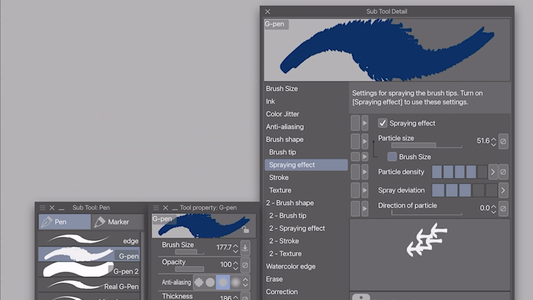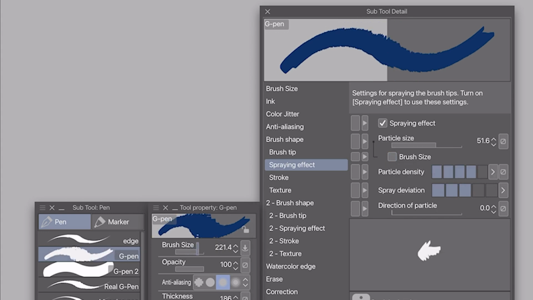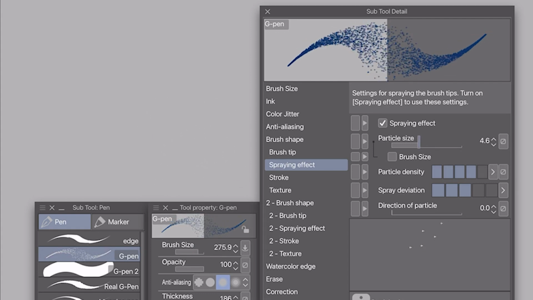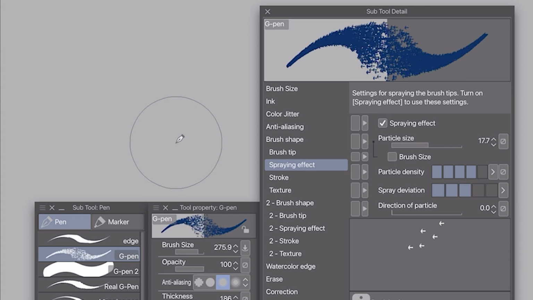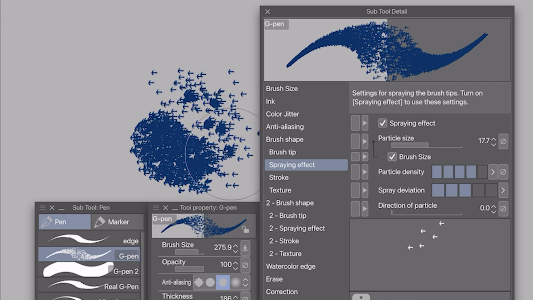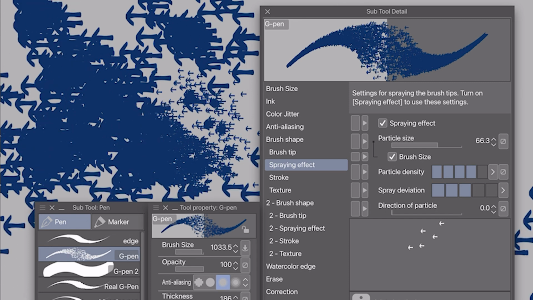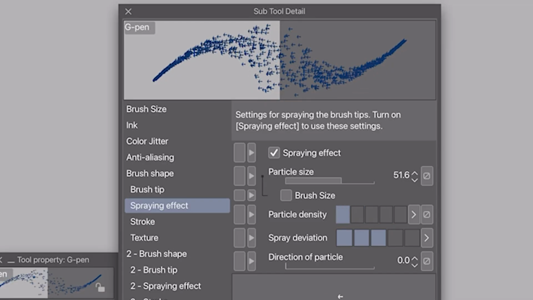But that's a little confusing, so you can just check on this box right here. This would adjust the particle size along with the brush size. So I'll have my brush size a little big like this. You can see the circle. And I'll have the particle a little, how about this size? Yeah, and then check on brush size. This is the sizes of my particle. And if I adjust the brush size here, oh, the particles have adjusted along with the brush size. But some people like to have that separated just for more control. After adjusting the size, you can change the density, so more particles or less particles.